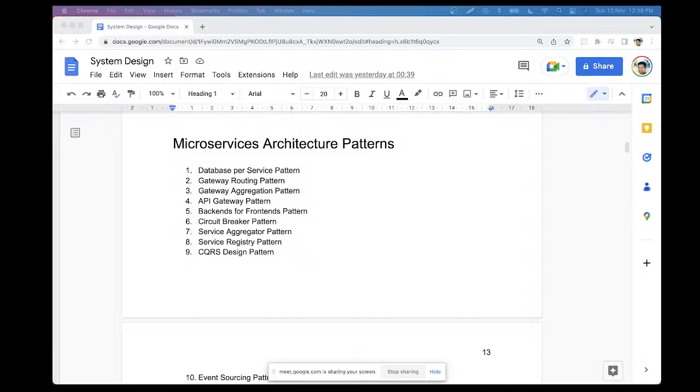Today we'll be covering the topic architecture patterns, and these architecture patterns are common microservices patterns, and I found this very useful for answering system design queries because what actually happened is system design interview is an interview which is around 45 minutes